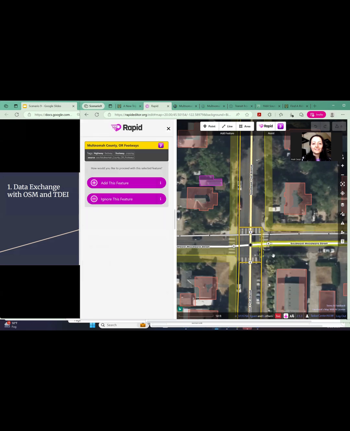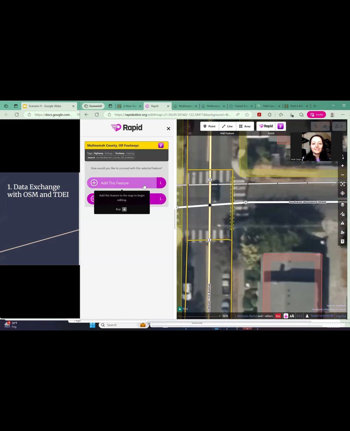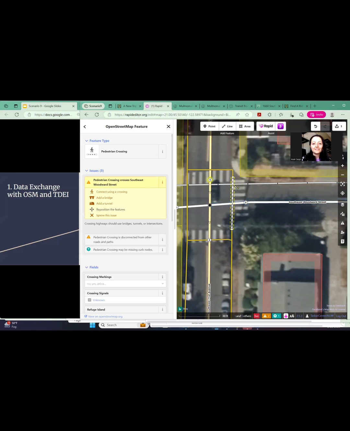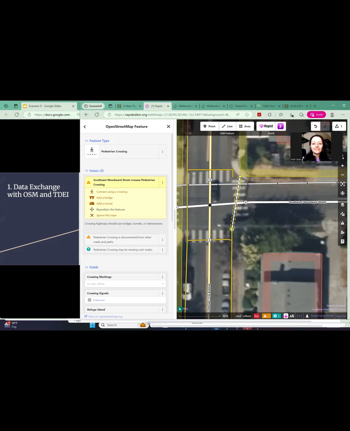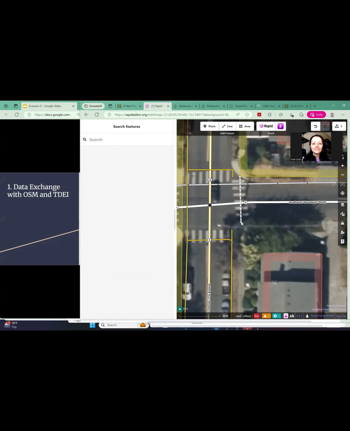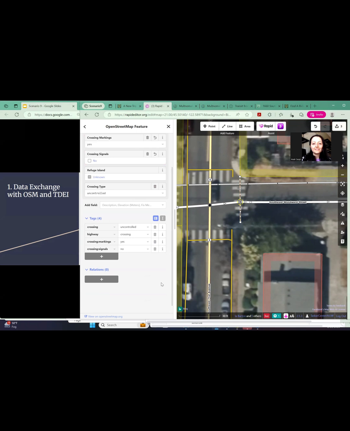I will go ahead and I'll add this feature. I will connect it. Selecting the crossing element, I add this feature. Then I note that I need to move it a little bit. It's not too bad. I will move and click this together. And I have just added this crossing. It is marked and signalized no, and that's what we detected through.